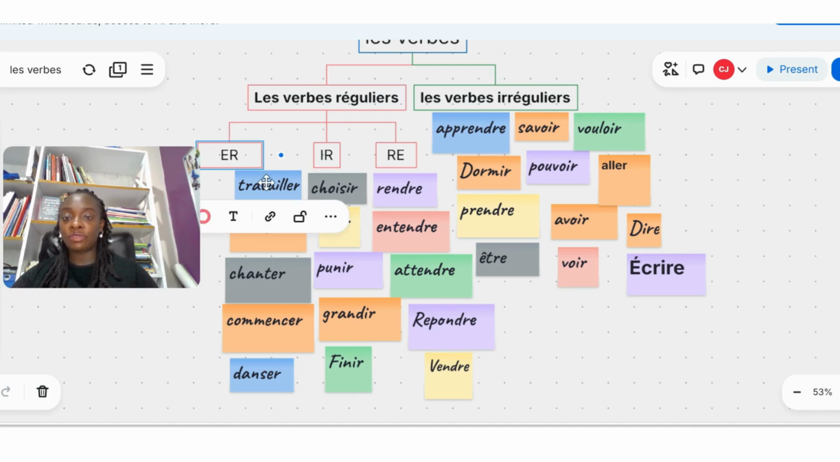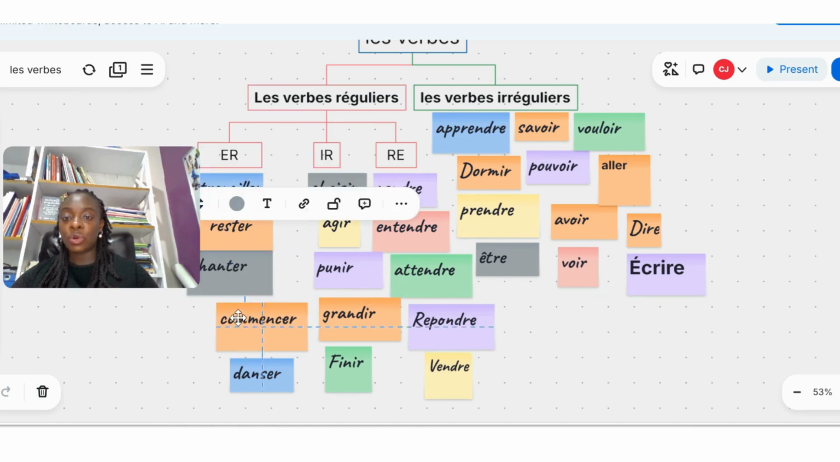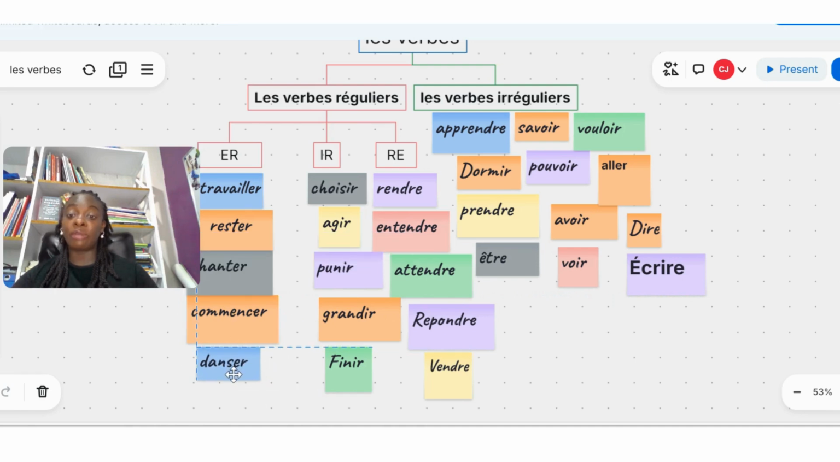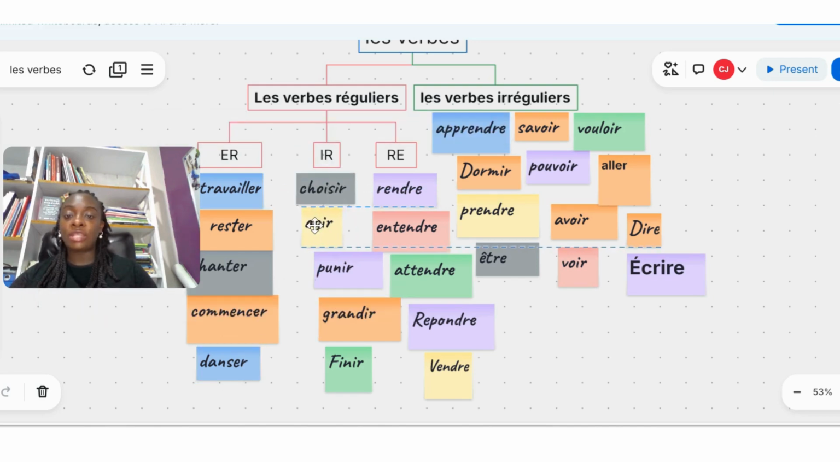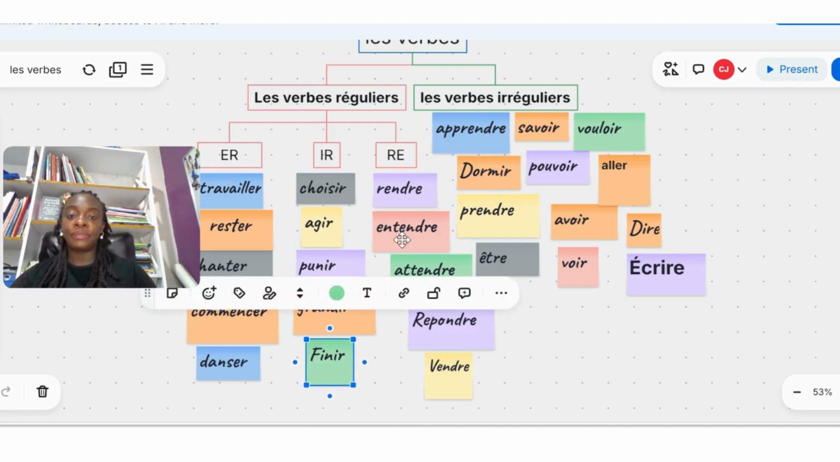Under regular verbs, we have travailler, rester, chanter, commencer, et danser in this group. We have many others that are not here. All the verbs that end in ER tend to be regular because you're just going to remove the terminaison and then add the endings for ER verbs. And then we have IR verbs: choisir, agir, punir, grandir, finir. And then under RE verbs, les verbes en RE, we have rendre, entendre, attendre,